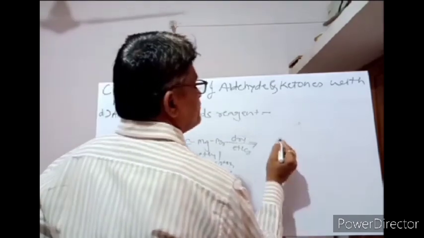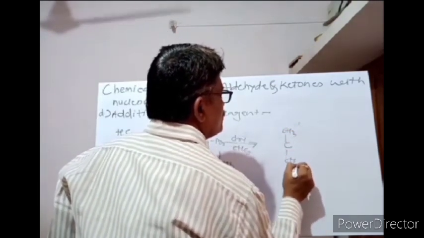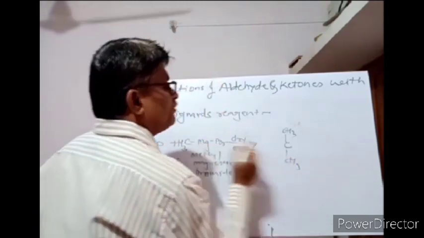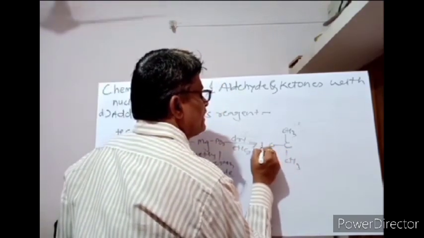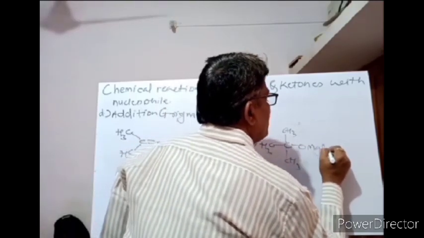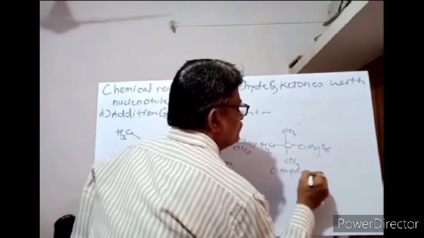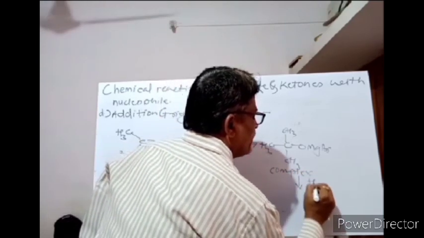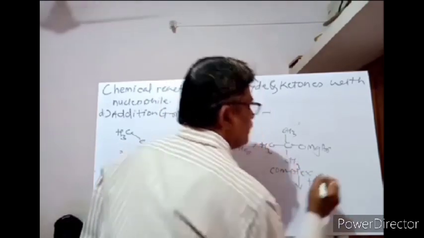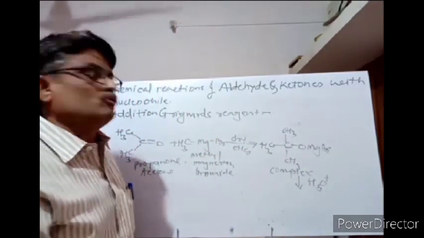It gives a complex. Here is already CH3, and one more CH3 is attached to this OMgBr. This is known as again a complex. This complex on acid hydrolysis with H3O+ or H2O, dilute HCl, H2SO4,